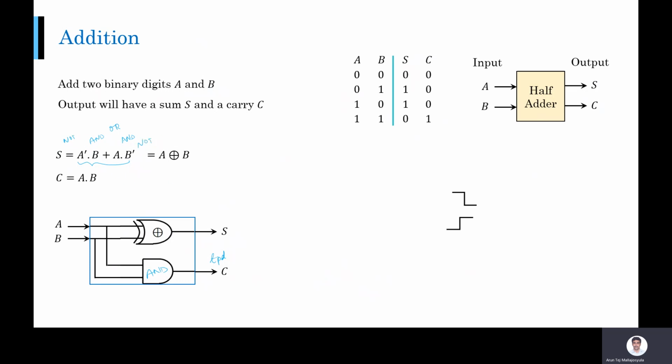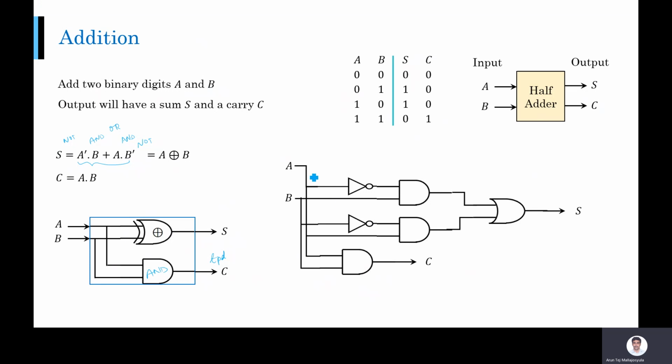So what is your circuit then? For XOR gate, this is your circuit, right? You get A here. You pass it to NOT gate. You have A dash. You give B here. So these two are going to your AND gate. You get A dash B. Similarly, from here you will get B dash and A, which gives you B dash A. These two are going to your OR gate, and you will get your sum, right? A plus B. What is the delay then?